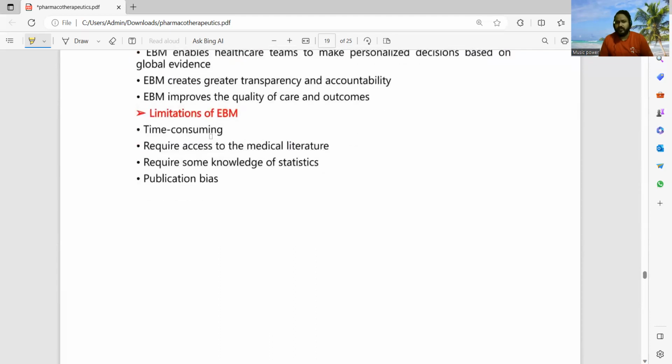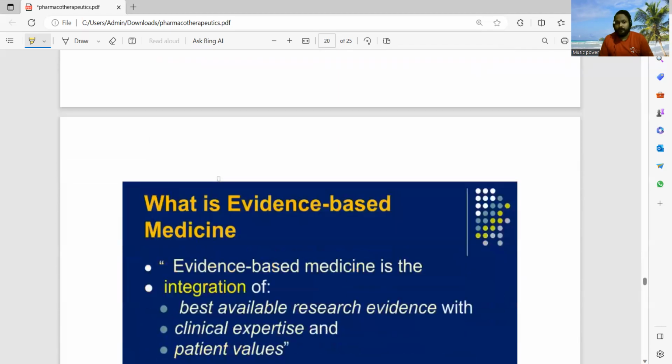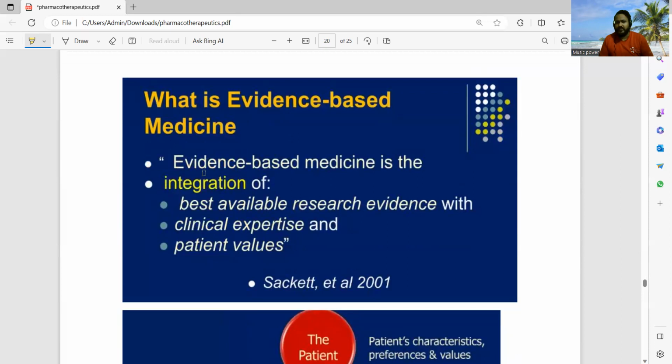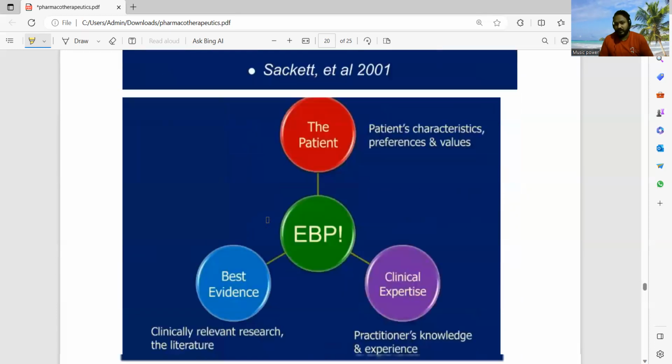What are the limitations of EBM? It is time consuming and requires access to the medical literature, and it requires some knowledge of statistics and publication bias. So, what is evidence-based medicine? In short, we can say evidence-based medicine is an integration of best available research evidence with clinical expertise and patient values,